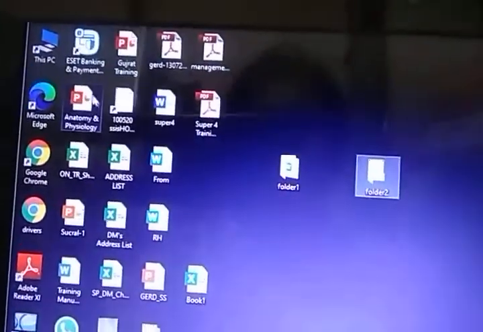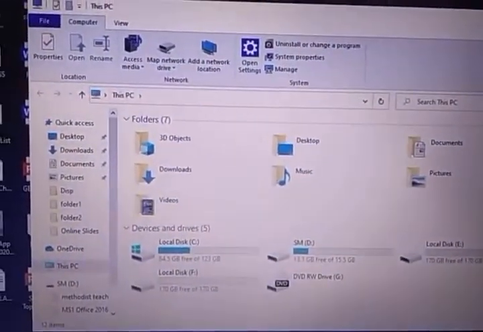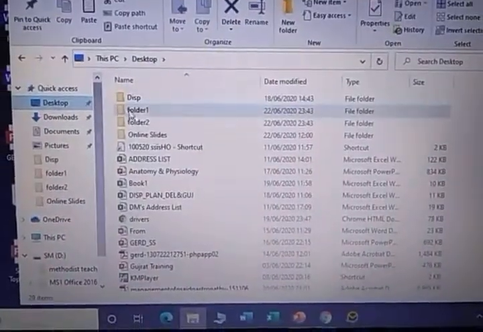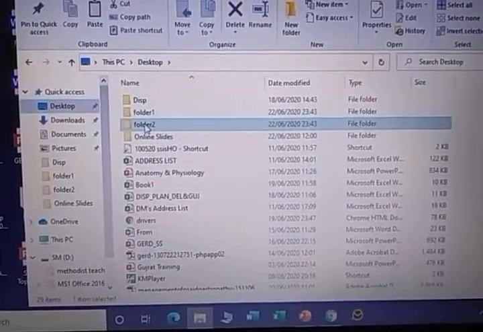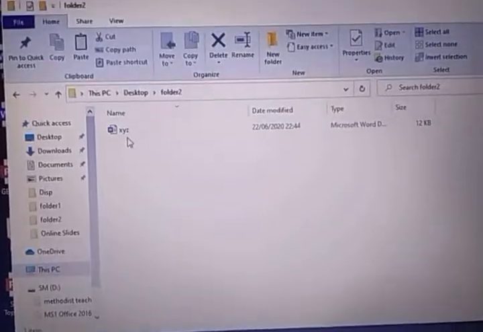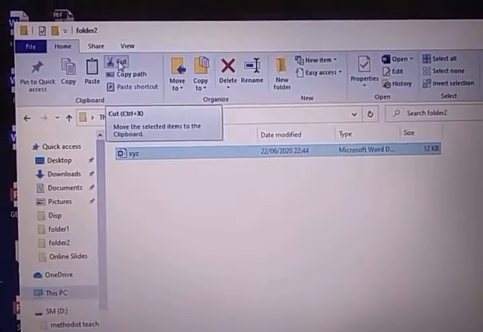Now another way, I am opening the option This PC. Here is the desktop option. Inside the desktop I have these two folders, folder 1 and folder 2. Our file is now in folder 2. I am selecting this one. Here we have the cut option.